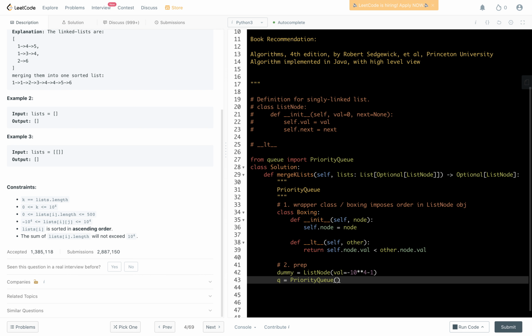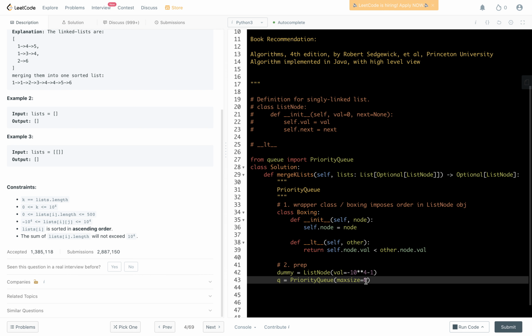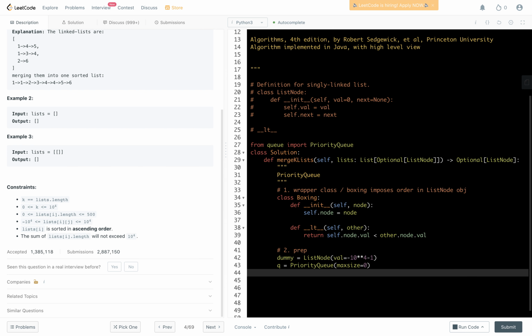Here, the default behavior is that the PriorityQueue is unbounded, corresponding to max size equals 0. Otherwise it has a specific bound. So let's keep this default. Notice that this maximum size is 0, which means that the PriorityQueue is unbounded. With that said, we can first add the linked list to the